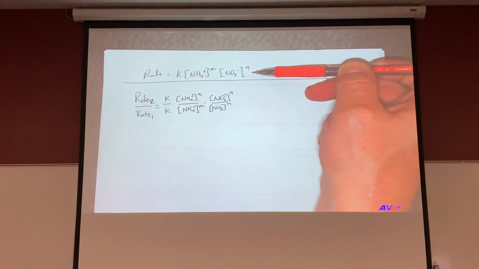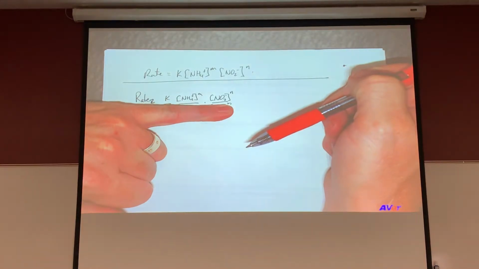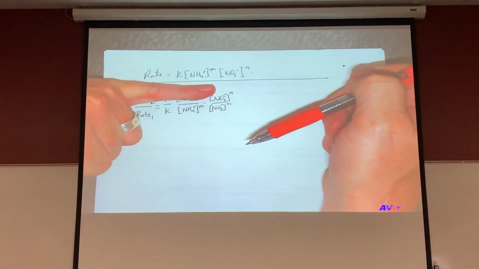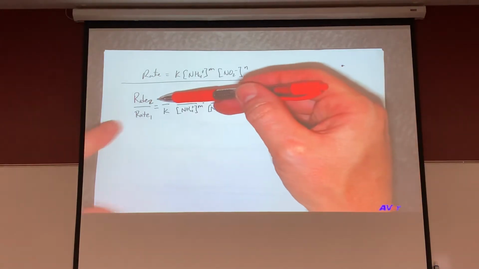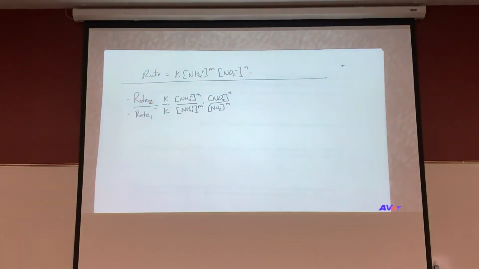From the previous slide or on the PowerPoint, I think you all saw that it's 1s. Okay. But if it's not so obvious, this is how you determine it. I'll look at one rate expression, there's rate 2. Now look at the other one, there's rate 1. The reason I put rate 2 on top is that, remember, rate 2 is a larger number, rate 1 is a smaller number. But it lets me keep numbers greater than 1. Some of you would be able to have numbers less than 1 and do the same thing, but numbers greater than 1 tend to be easier for people to manipulate with pens. Okay? Do you have this on your paper?